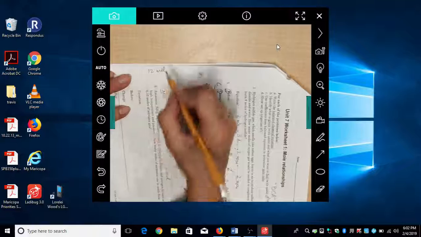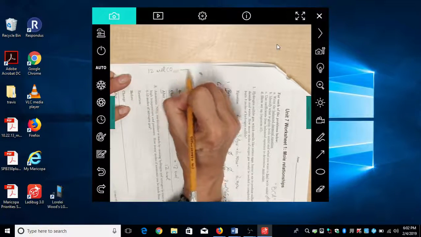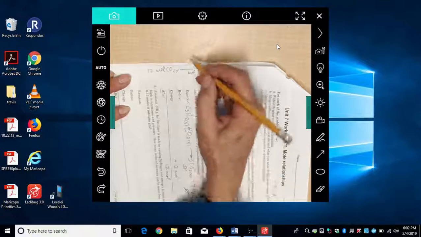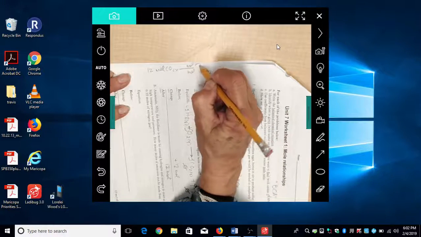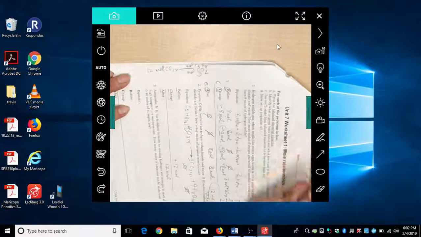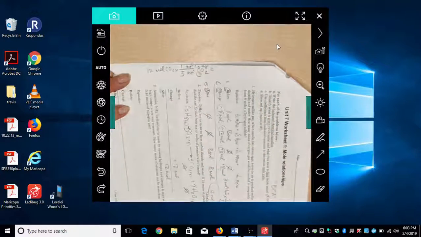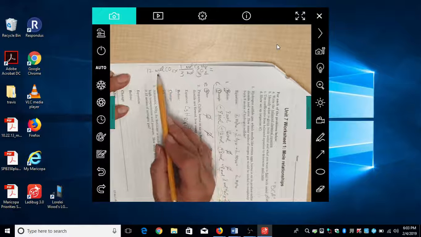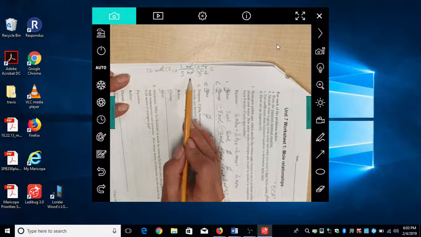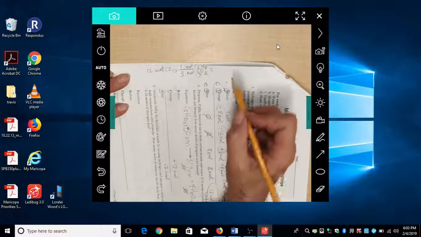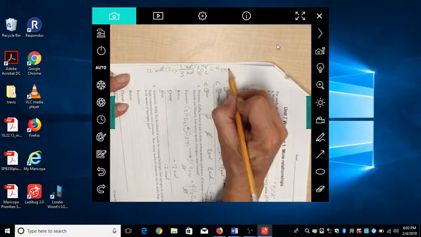of CO2. And we want to go from moles of CO2 to moles of the propane, C3H8, and it's a 1 to 3 ratio. So if you're not sure, you just set it up like this as a conversion going the mole-bridge ratio, right? That's your mole-bridge ratio conversion factor. 12 divided by 3 is 4 moles of